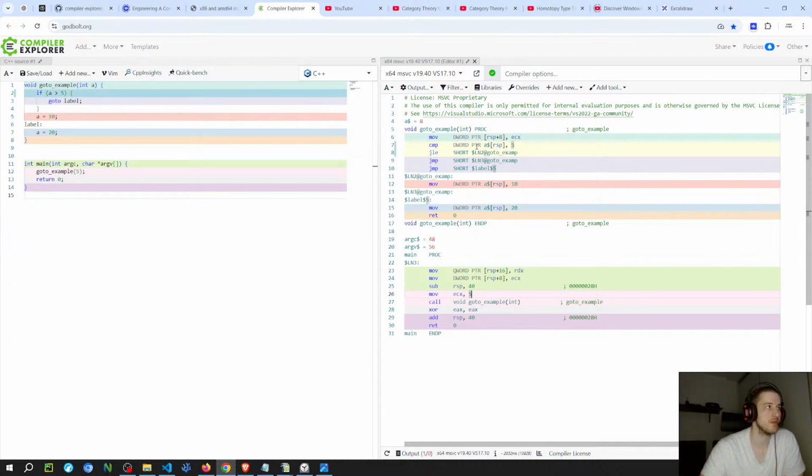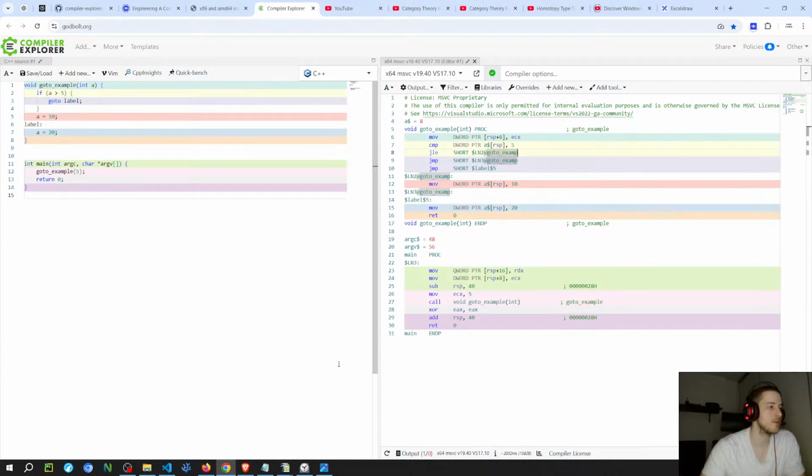So this one is very simple as well. It's comparing A with 5. A is gonna be here, which is ECX. So jump lower or equal. So when is jump lower or equal gonna happen? I think it's when the SF is set. Probably.